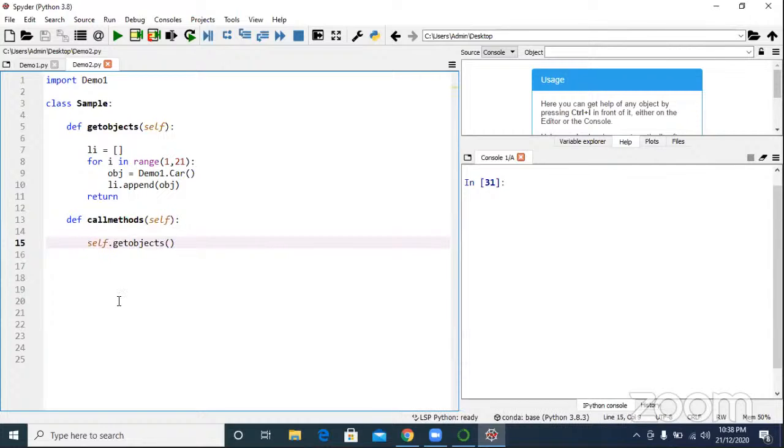So bi equal to, what does bi contain? Object. Li object or li objects? I think object. So in that bi, what does it contain? Objects of the car, all the values. How many objects will be there in the bi?